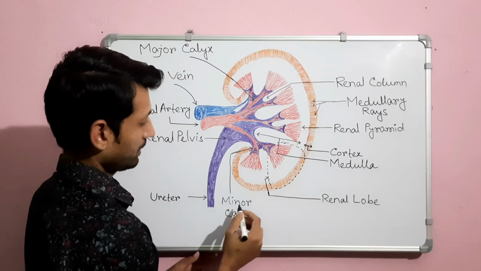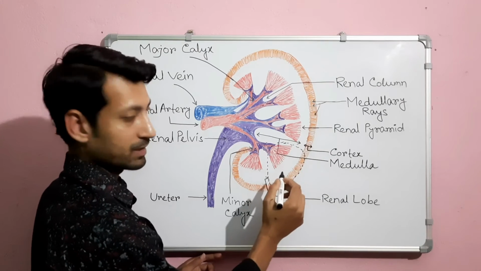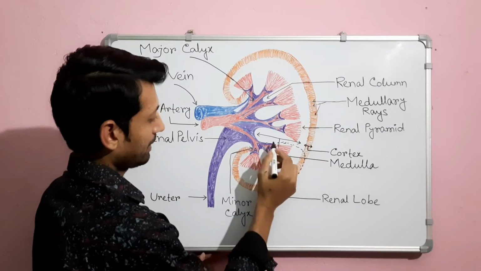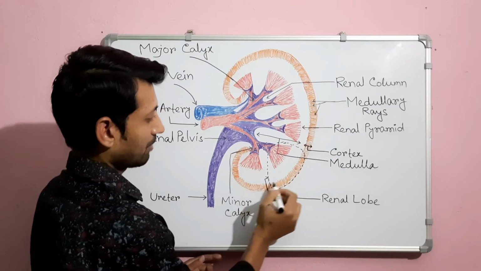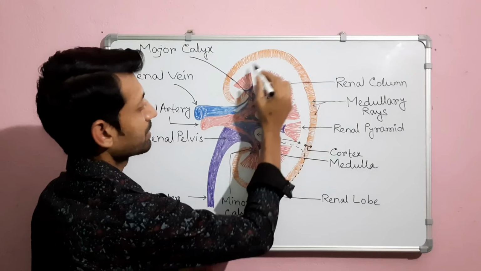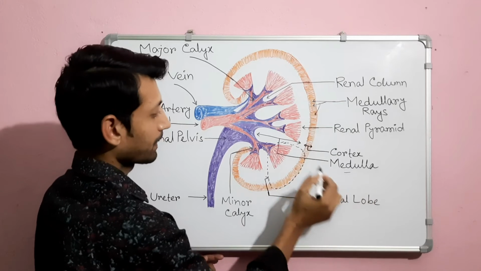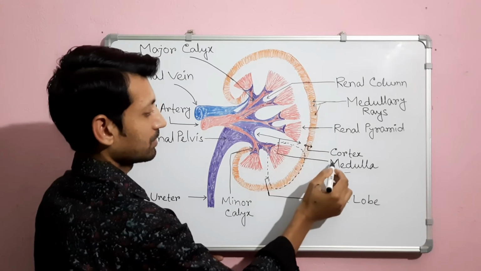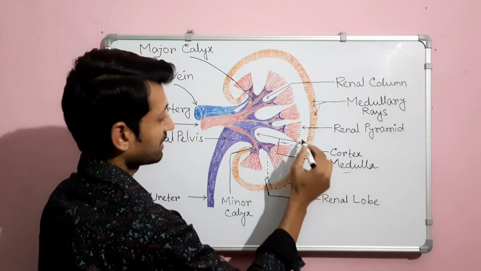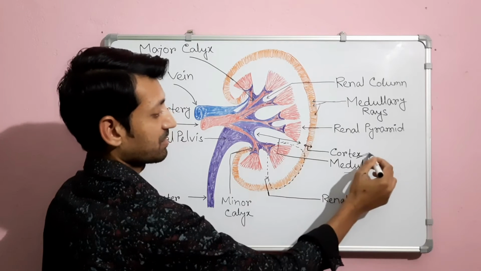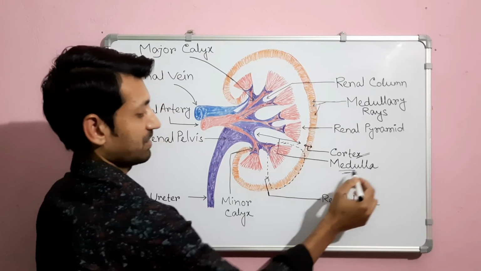This is a diagram of longitudinal section of human kidney. There are two distinct regions, cortex and medulla. This is cortex region. It is the outer part and reddish brown in color. This inner region is known as medulla. It is much lighter in color. Approximately 90 to 95% of the blood passing through the kidney is in the cortex region and 5% to 10% is in the medulla region.